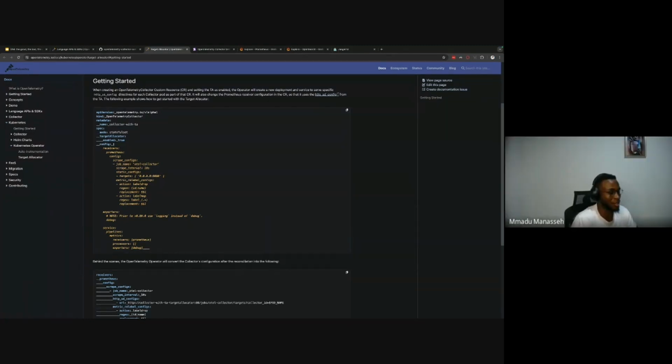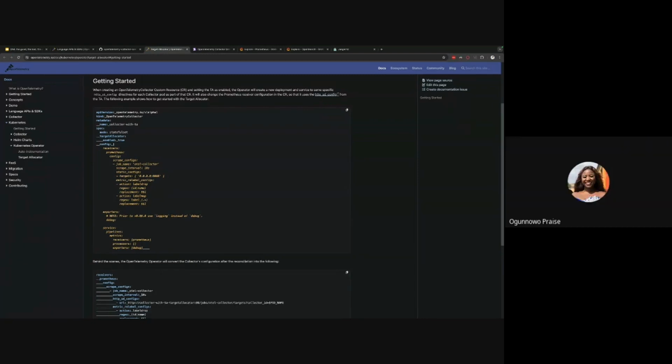I think I understand your question. When you deploy the Prometheus stack, whether it's Prometheus and Grafana, on your system, it comes with default dashboards and default monitoring for your cluster. So you're wondering if you can port that to OpenTelemetry. Am I getting it right? Yes, sort of. Can it also do that as well as the other things it's doing? If I just want something simple.